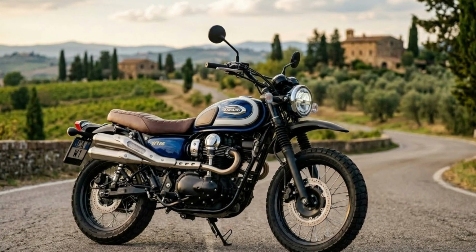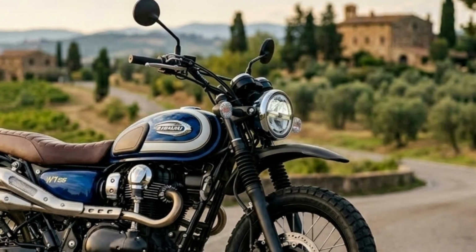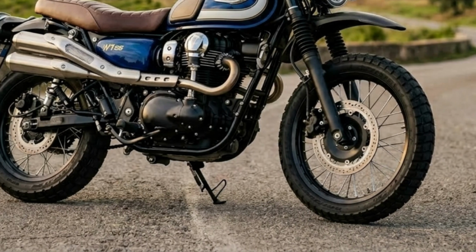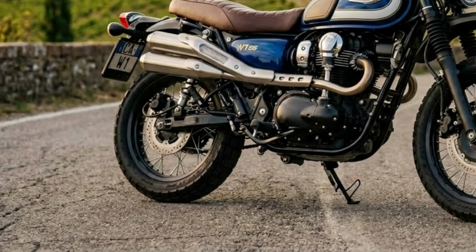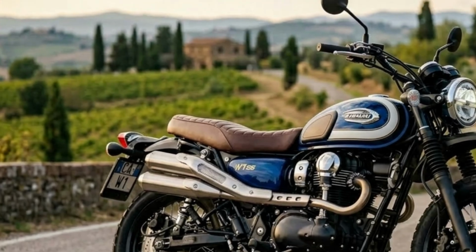Braking performance is handled by dual front disc brakes with radial mounted calipers and a single rear disc, supported by dual-channel ABS, and Kawasaki has tuned the braking system to feel progressive rather than sharp, giving riders better control especially in urban traffic conditions. Now let's talk about the ride experience, because this is where the W1 SS starts to